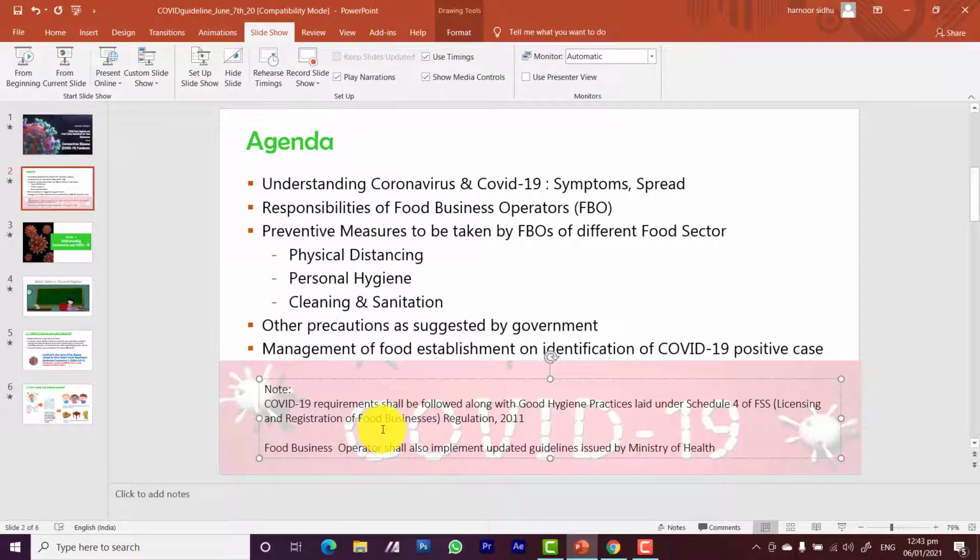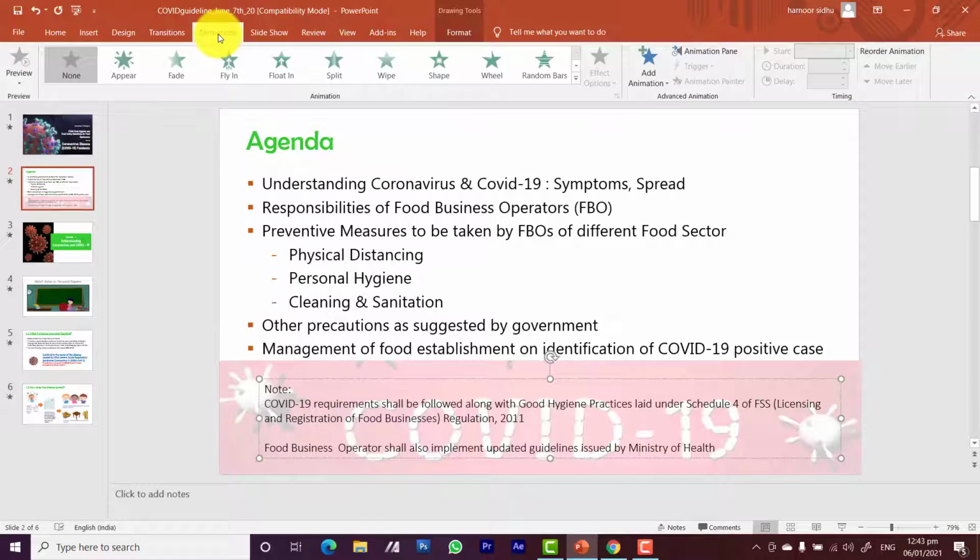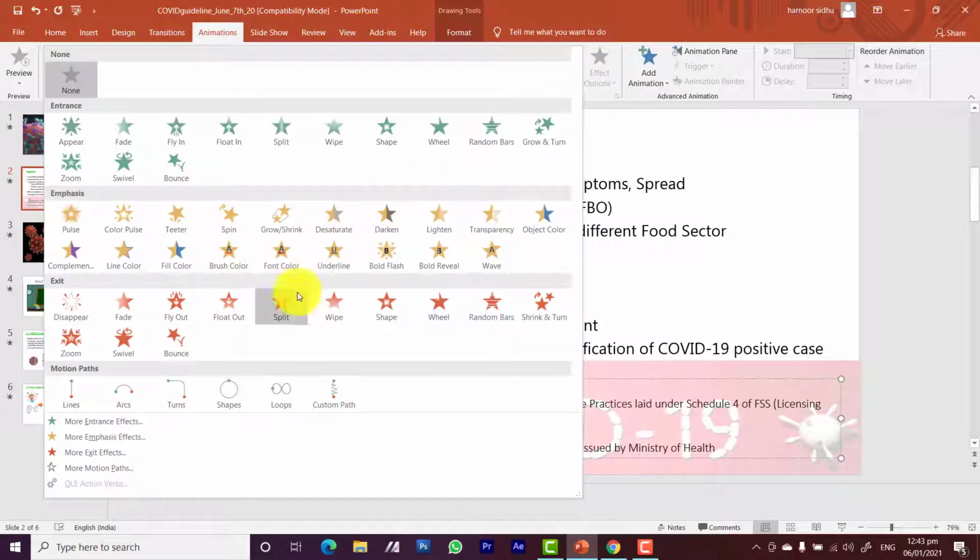If you want to apply animations on any slide, we'll be clicking on the Animations tab. You can see the options on the screen. This group, the Animation group, so many options are there. Appear, Fade, Fly In. Fly In means the text or the object will come flying from some corner as specified by you. We'll be making the settings for that. You can click on the More button and you can see all the effects which can be given. Like Disappear, some object will disappear, then Fade is there, Fly Out is there. No, this is for exit.